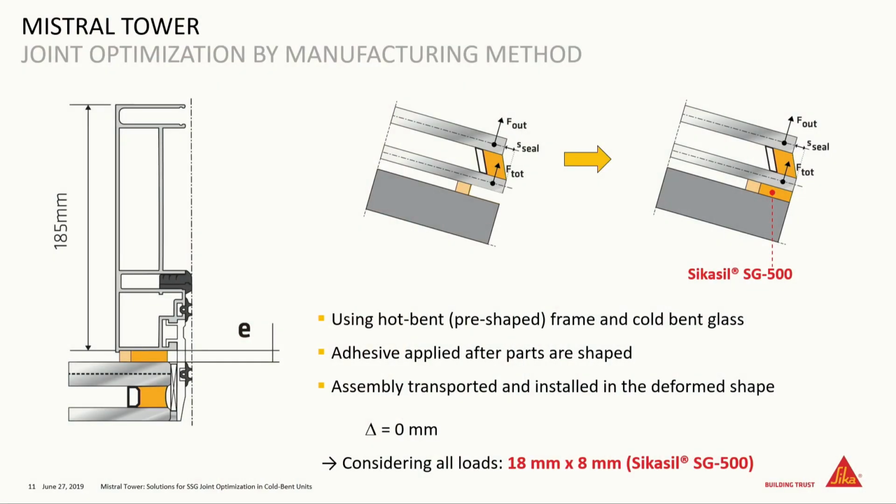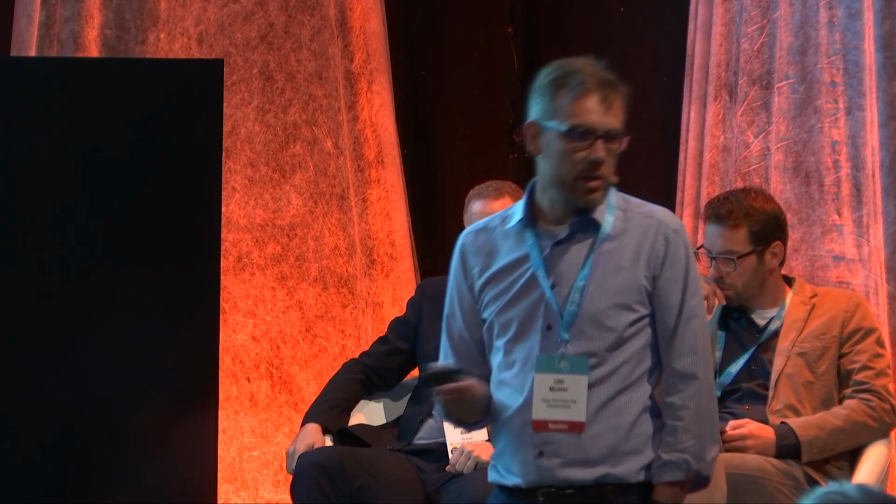Therefore, the next idea was pre-shaping of the frames. Pre-shaping of the frames, making this cold bending process in the factory and installing afterwards. Then you have the perfect solution because you have no displacement of a structural glazing joint anymore. Therefore, it must not be considered. Joint dimensions 18 by 8, everything is easy and can be realized from this point of view very fast and good. But the problem: pre-shaping of elements, transport of the pre-shaped elements and so on, again almost very difficult, almost